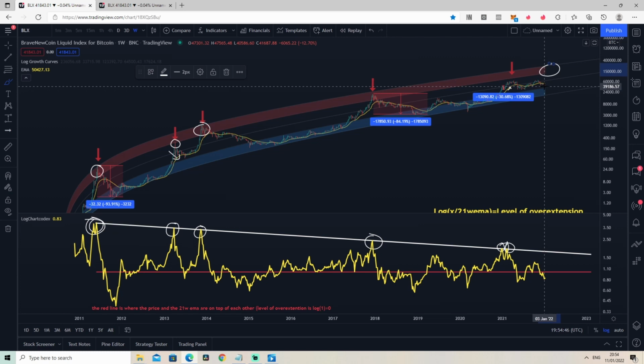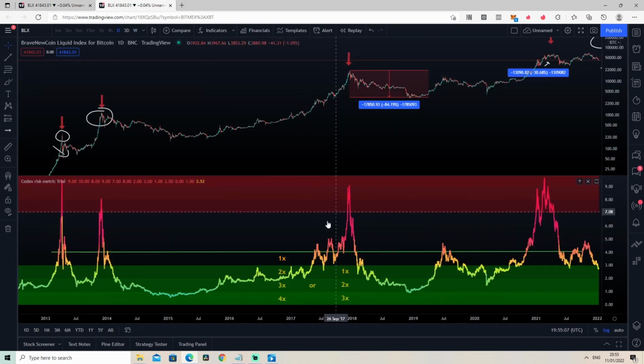And if that's the case, then you need to prepare yourself for the worst possible outcome. There are a lot of models that have lost their accuracy this year after the recent downtrend, and the log growth curves as well as the logarithmic indicators will be next to lose their value and their accuracy if we are heading into a bear market. And this is why the risk metric will always be your best chance and your best bet to make money